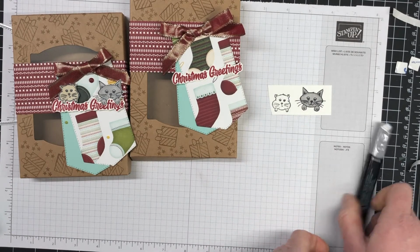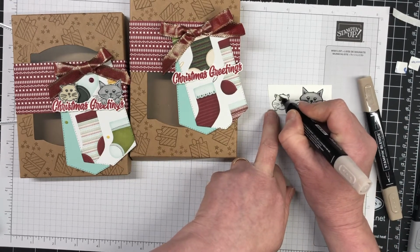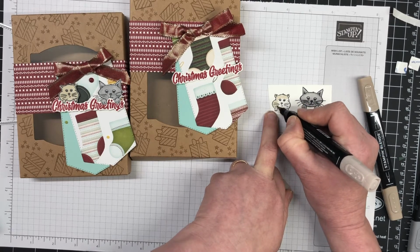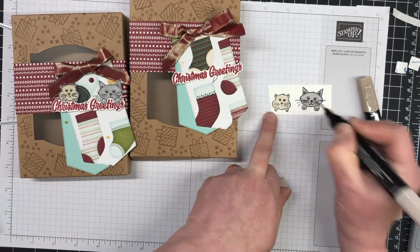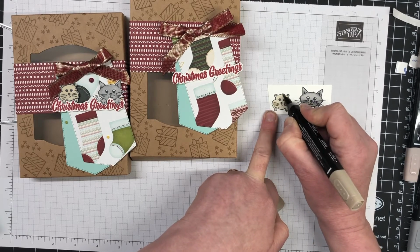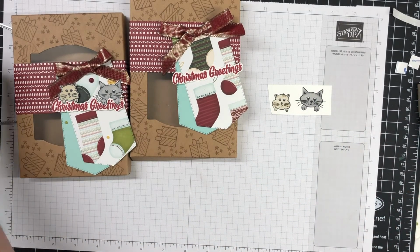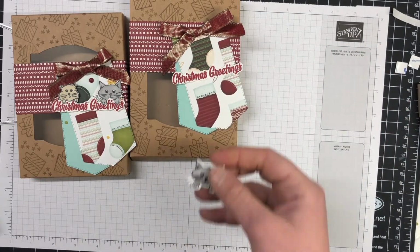I have with my sample, and I don't know why, but I fussy cut out both those animals. I think I forgot that I had the die set when I was creating. On this one, I'll go and die cut these images out, but you'll see on my sample the cat's whiskers I've gotten in really close as I've been fussy cutting. With the die, it actually leaves a white border around. So I ummed and ahed whether I was going to fussy cut a little bit closer to his whiskers. I ended up leaving it, but I'm not really sure whether I'm happy with the white around the whiskers. So if I create something with the cat again, I think I'll be fussy cutting him rather than...